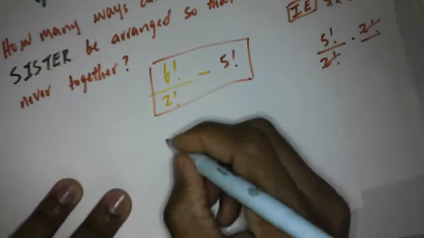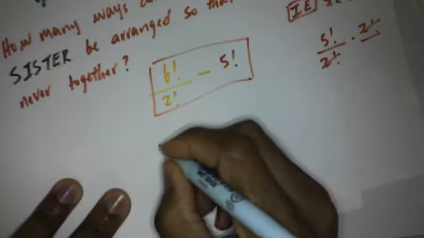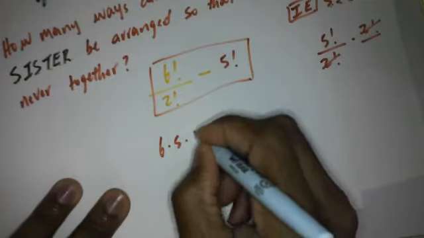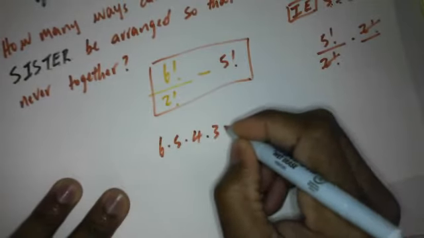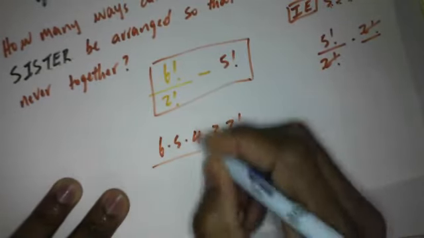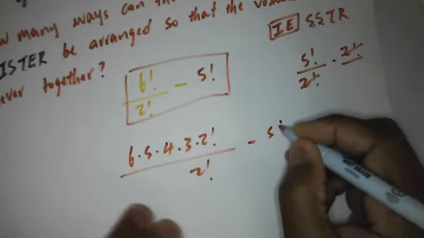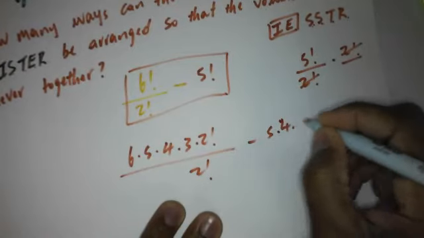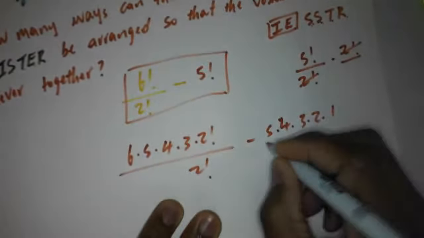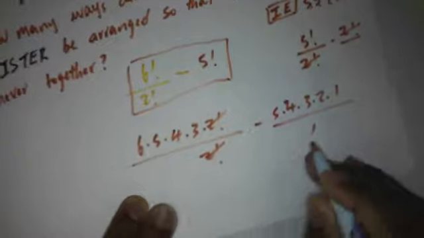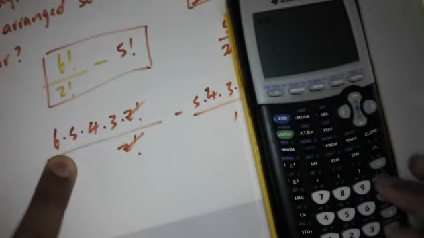Okay? So we could say 6 factorial, which is 6 times 5 times 4 times 3 times 2 factorial divided by 2 factorial there. Minus 5 factorial here, which is 5 times 4 times 3 times 2 times 1 over 1. So this would take out that. So what we would have is this part here. Let's see what is this. This is 6 times 5 times 4 times 3. And that is